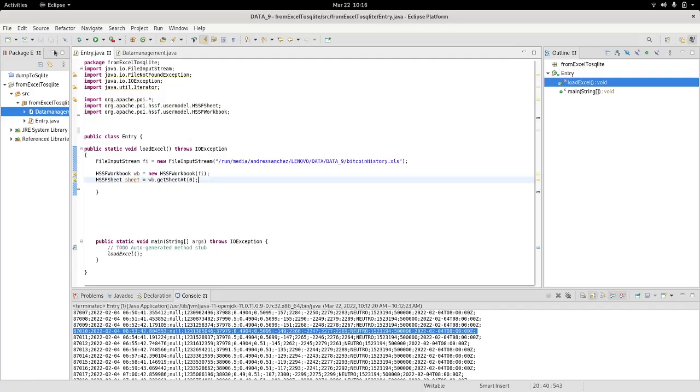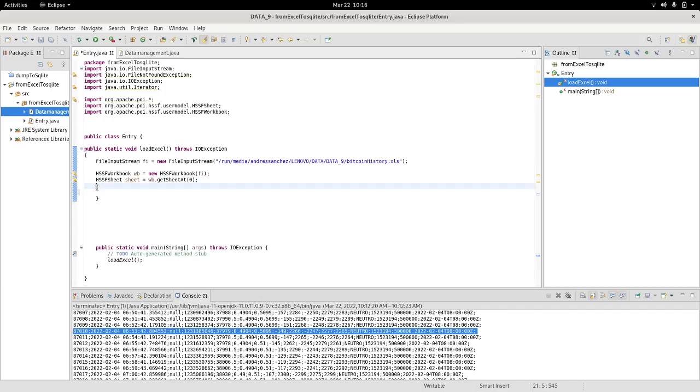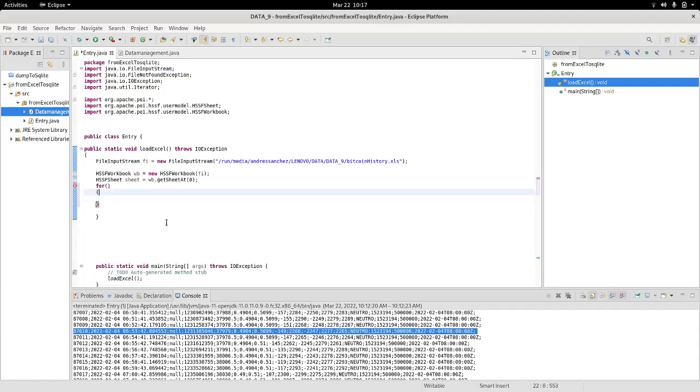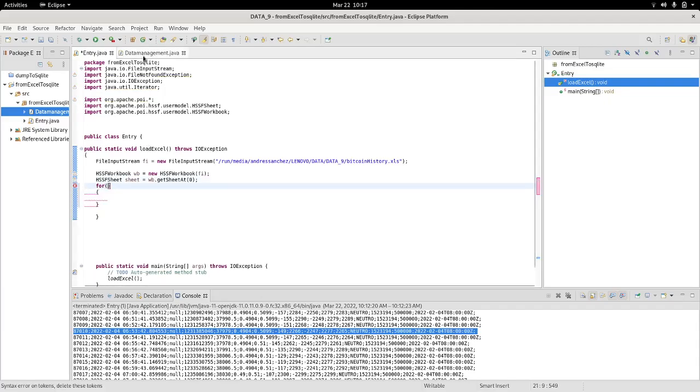So the next thing will be to, why did I do that? Well, because we are working right now with only one spreadsheet, right? If I want to work with all the available spreadsheets, I will have to loop through all the spreadsheets, and I don't want my code to get messy. So I will do that right here. I will then create a simple for loop, just a traditional for loop,